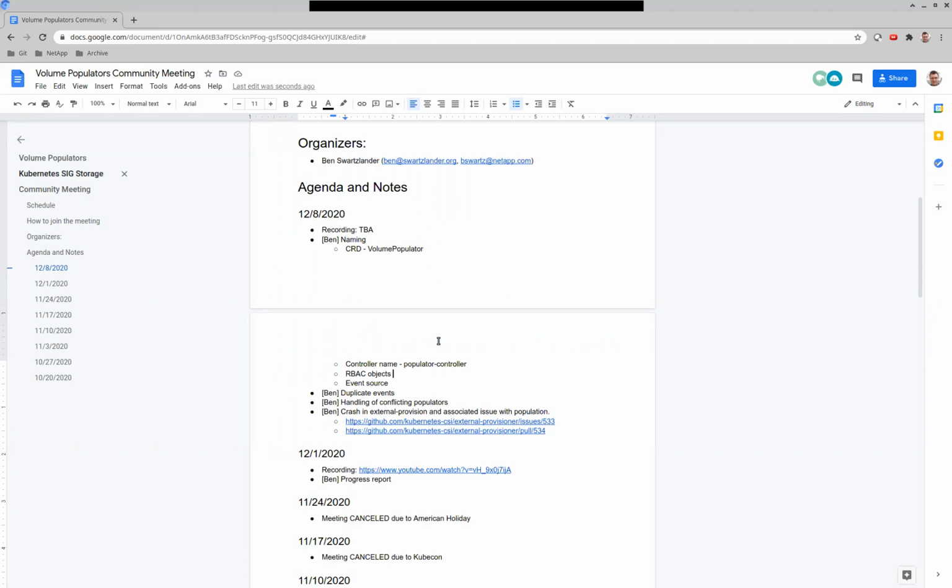So the problem is, maybe I should draw a picture of this. I don't have a picture yet. In the eventual configuration, what we expect to have is, in addition to all your other CSI drivers and Kubernetes core controllers, you're going to have an actual populator, which will be a standalone controller delivered by potentially a third party, a full-blown Kubernetes controller watching PVCs and doing stuff in response to that. There will be this populator controller, which will be presumably supplied by the Kubernetes distro, which will be generating the events, and